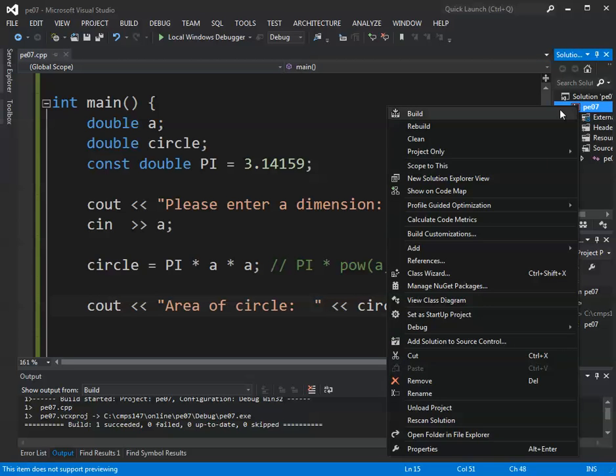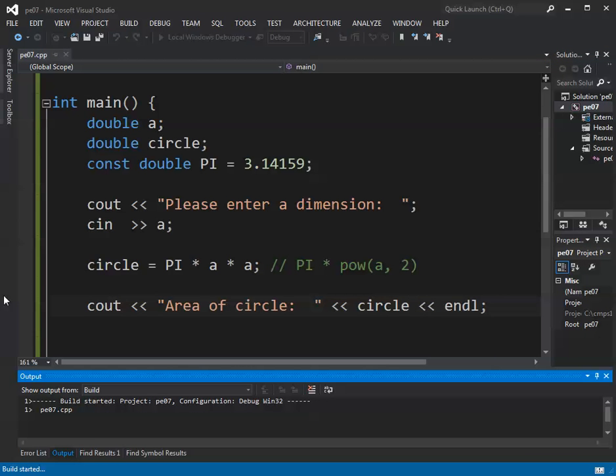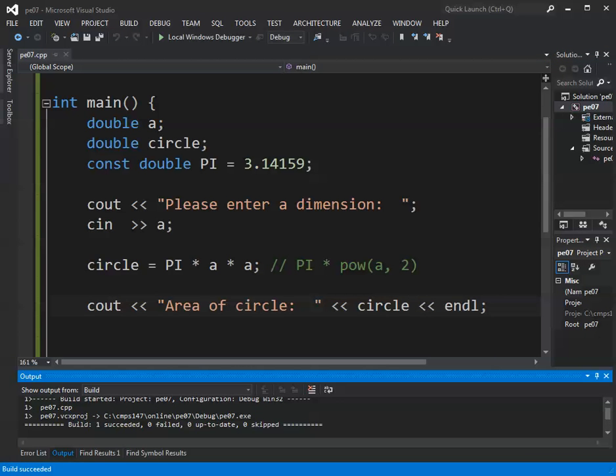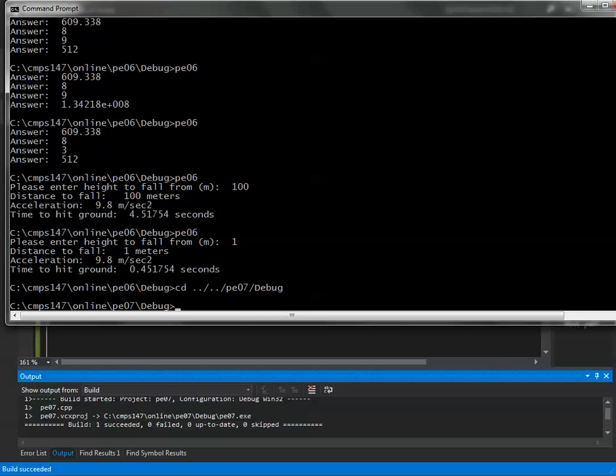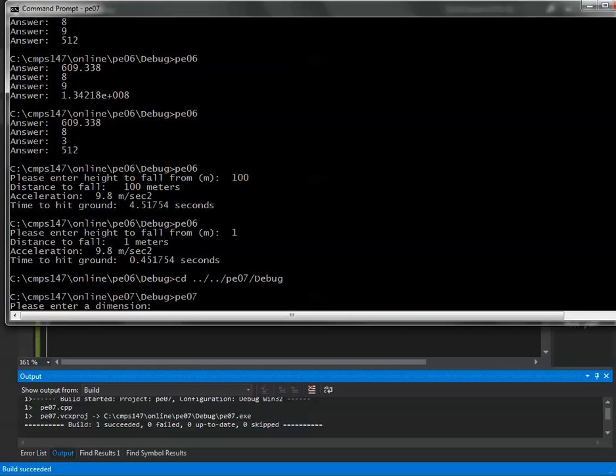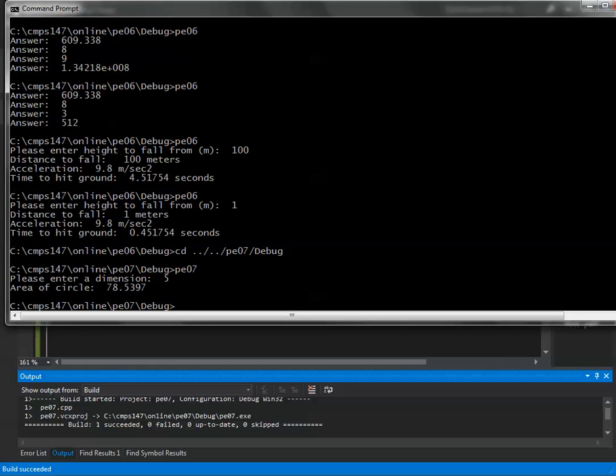And build that. And we'll go over and we'll give that a run. So I'll type in, let's say, 5. Okay, so when we look at 5 and we see the area come out as 78.5379, if we think about